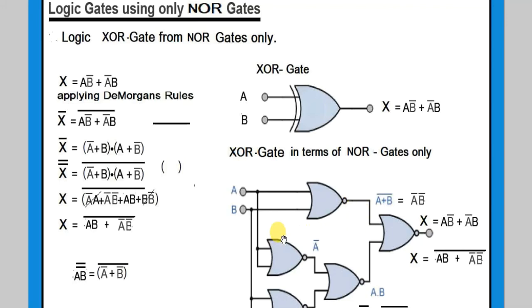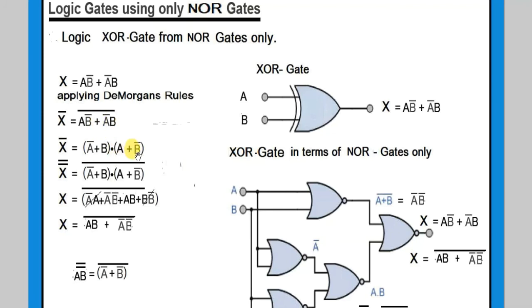So we apply De Morgan's rules again, taking the complement. The first complement will make these two into a product, and applying the individual complements, these complements will make the A complement product into a sum. First this one will become the sum into product, and these two A B products into a sum with the complemented variables of each. A is A complement, B is double complement, which is B. Similarly, A is double complement, which is A, and B is complement.